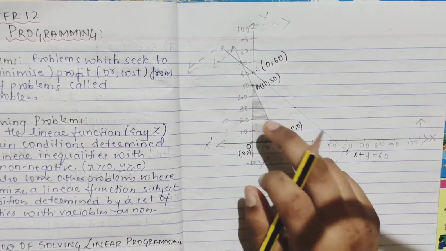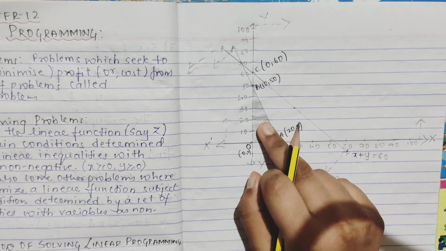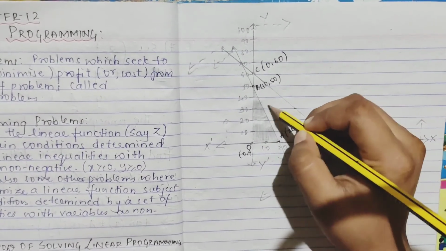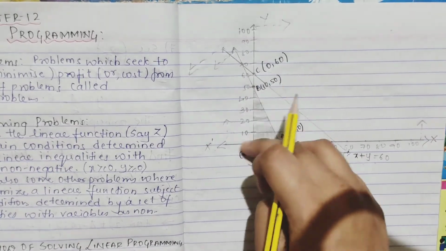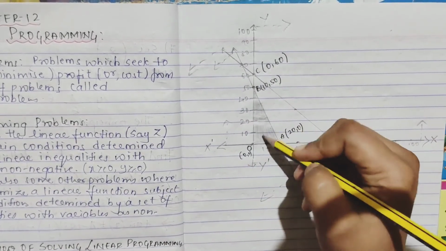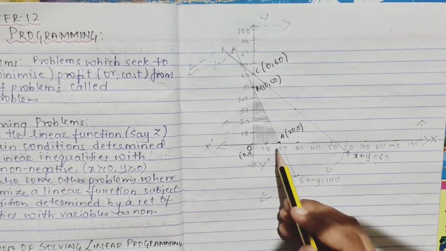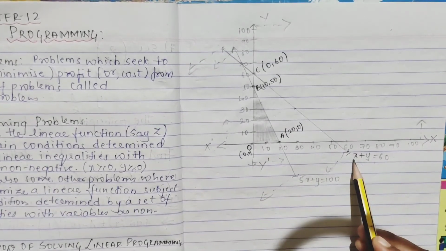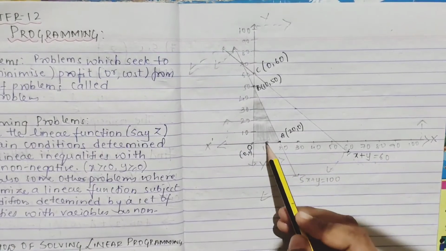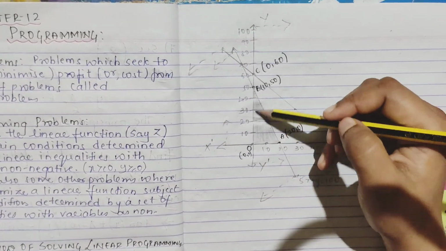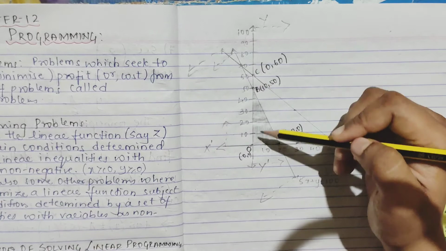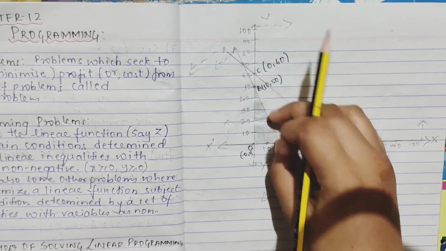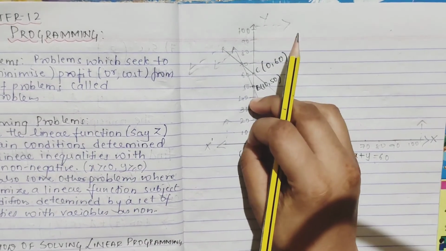So this is called your feasible region. In your feasible region you can see there will be infinitely many feasible solutions, because you'll get many points here. How do you check? If we take x is equal to 10 and y is equal to 50, we get the same. The points you put have to lie inside this region. Whatever points you put, you have to get within this region. So many points you'll get, and that is called a feasible solution.